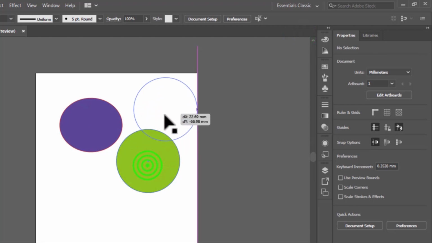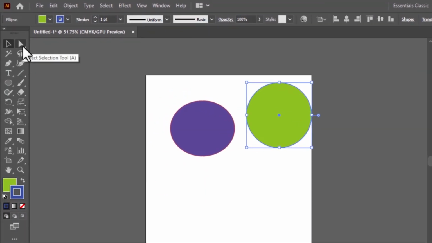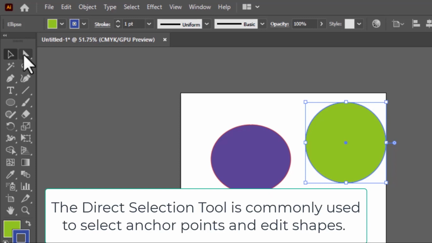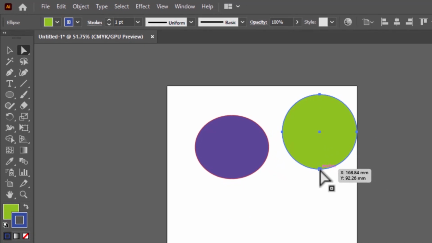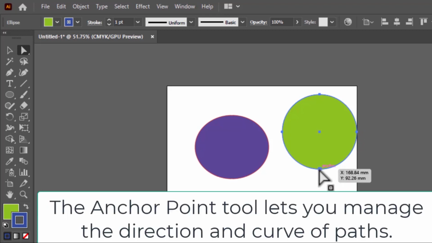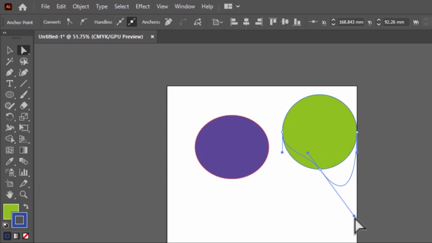Now another tool that we use aside from the selection tool is the direct selection tool. This tool comes in handy when you want to alter the anchor points of a shape. So with it selected, let's select this. We have the center, we have an anchor over here, an anchor, and between two anchors we have a pivot. So if I click on this, it will give me these handles, and I can click on these handles and alter the shape